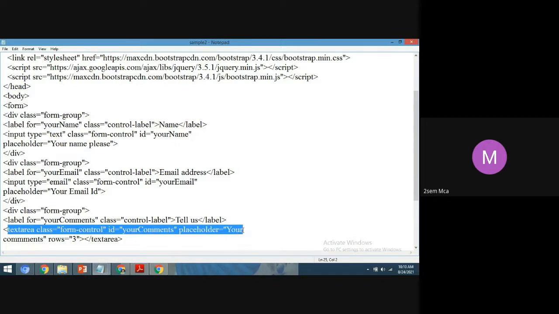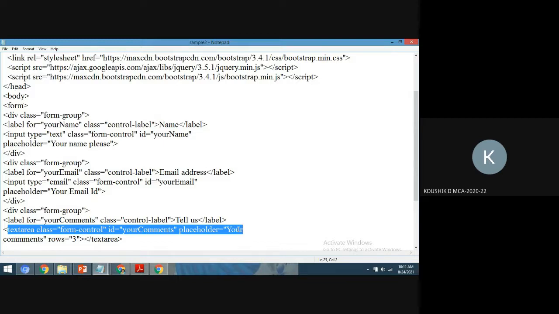That is text area. Why we are using text area? What is the difference, students? Suppose we have to give more data, like message, like feedback.